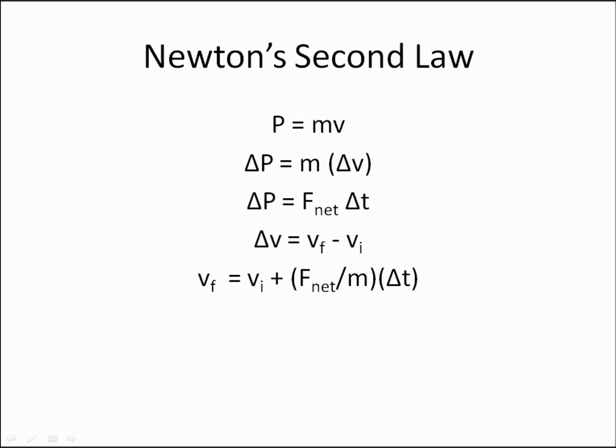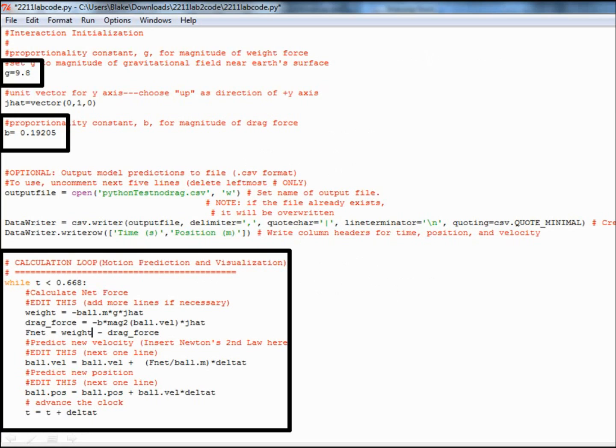I took a video of that motion using my phone, and then I put that video in a program called Tracker. I tracked the motion of the ball every 0.33 seconds and recorded the results in a chart which could be used to graph a line. I took the data from that video so I could compare it later to the theoretical data I found using Newton's second law. To find this theoretical data, I used the programming language Python to simulate Newton's second law using